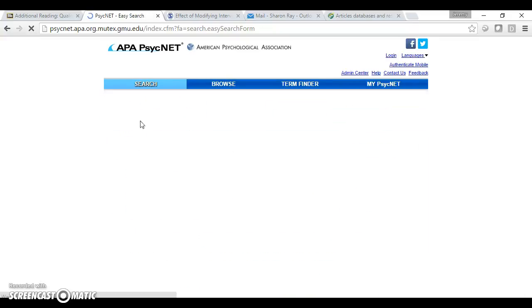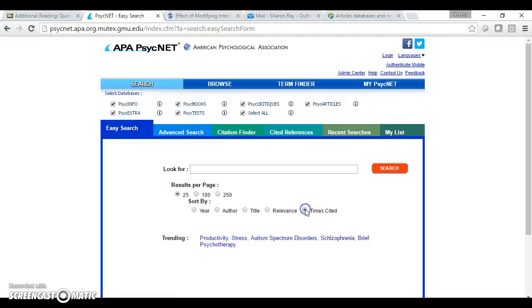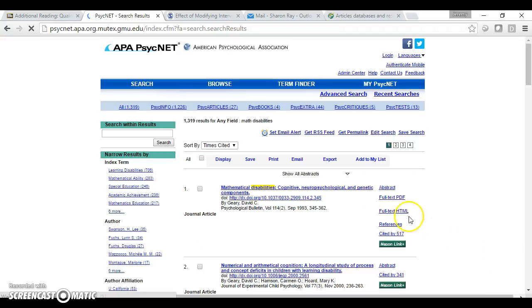Best way to do it, I think, is if you go to Easy Search and you click on Times Cited, and let's say you search on math disabilities. Then hopefully here in a second, we'll find an article on math disabilities. So here's one, Math Disabilities, Cognitive, Neuropsychological, and Genetic Components by David Geary. And it's cited by 517 different articles. So if you click on that,